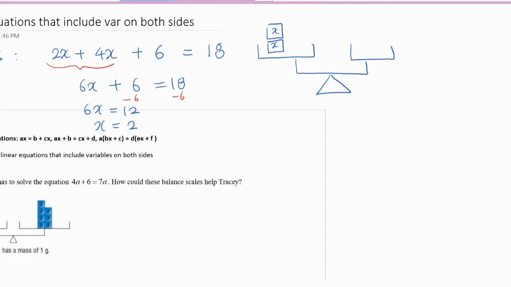So I'm going to draw 4x tiles. Right? And you have 6. So I'm going to draw 6 integer chips. And now that is equal to 18. So I'm drawing 18